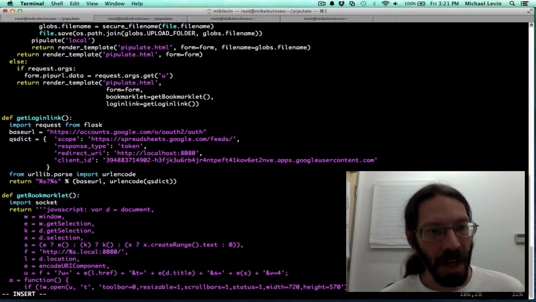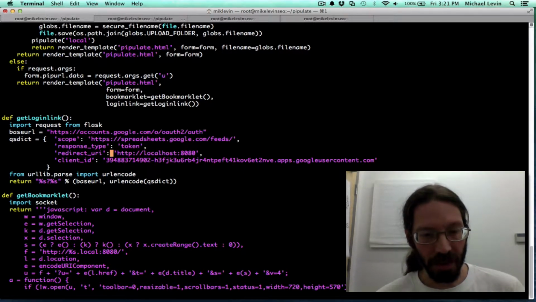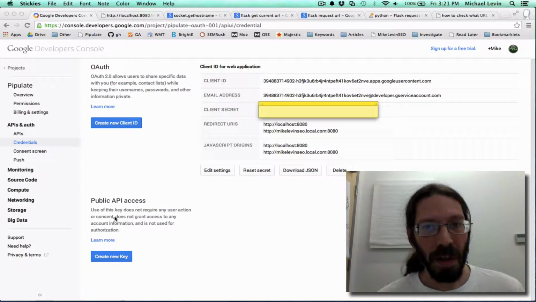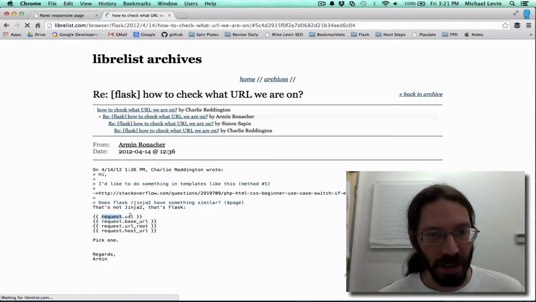Okay, and that means that instead of hardwiring this in, I should be able to delete all that. I'm not in insert mode in Vim, and instead put, they say take your choice, URL, base URL, root, and it's just going to be, let's see, I'm going to redirect them back to, I believe it is URL root,